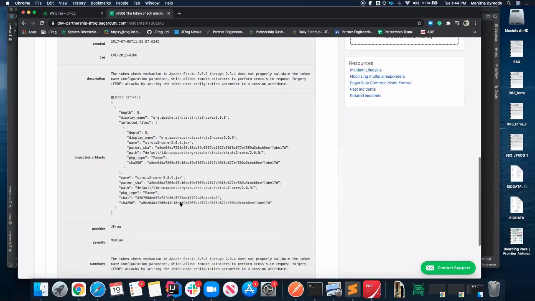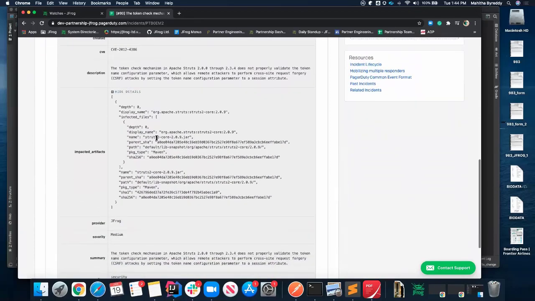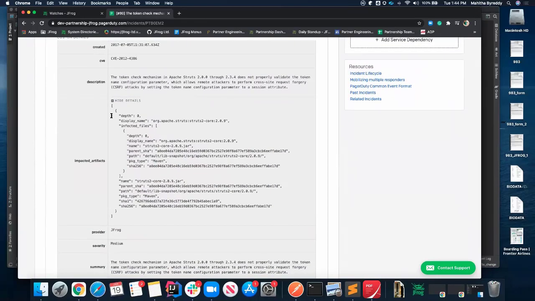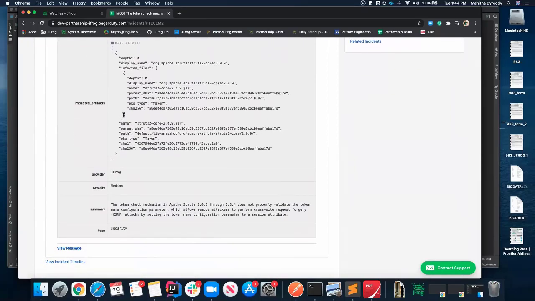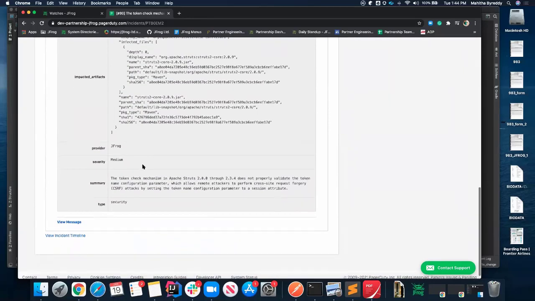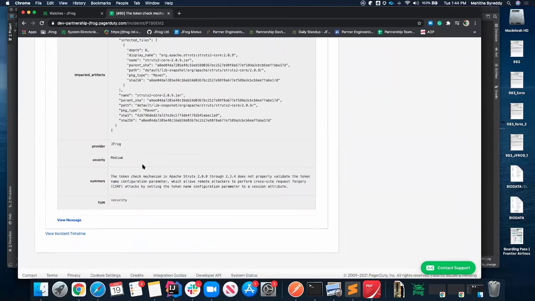These are the custom details that you can see: the created date, the CVE, the description of it, all the impacted artifacts, the SHAs, the package type, the parent SHA, the path to the particular infected file, the provider severity, the summary of the incident, and the type of the incident.